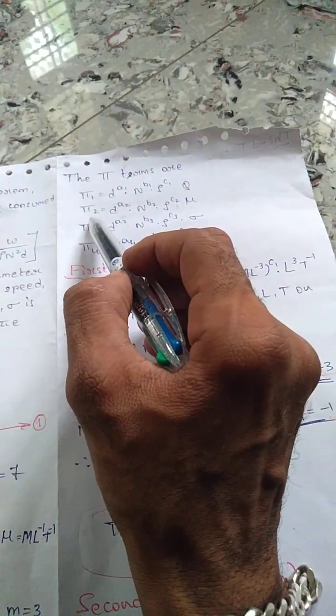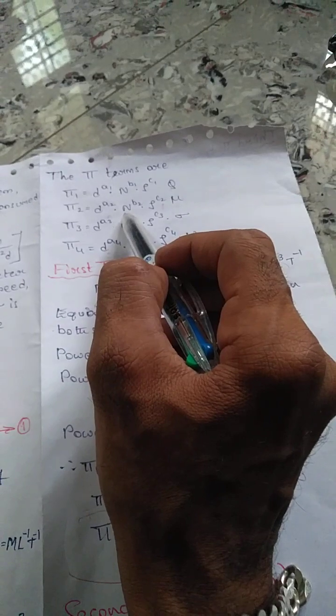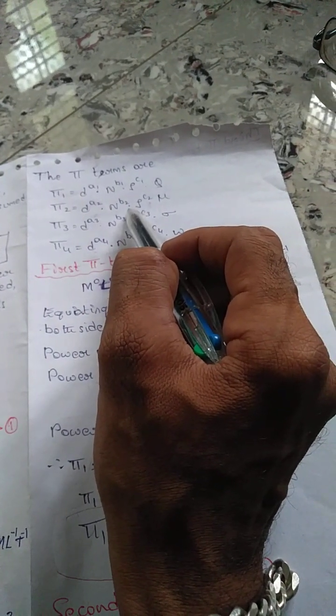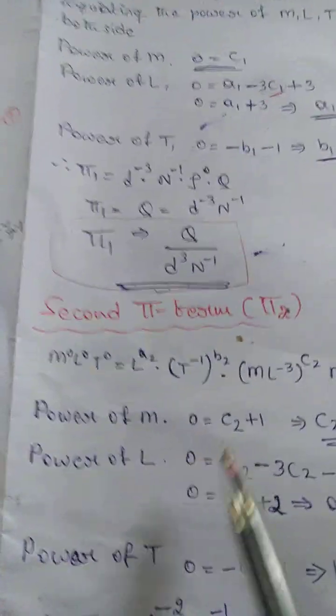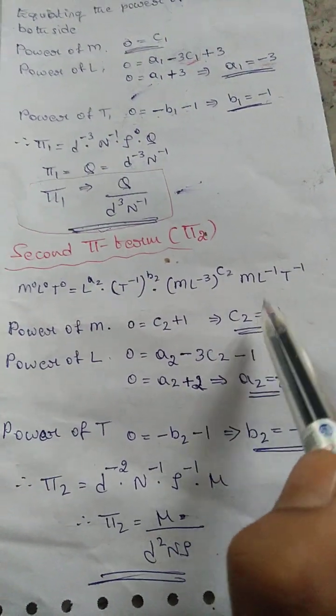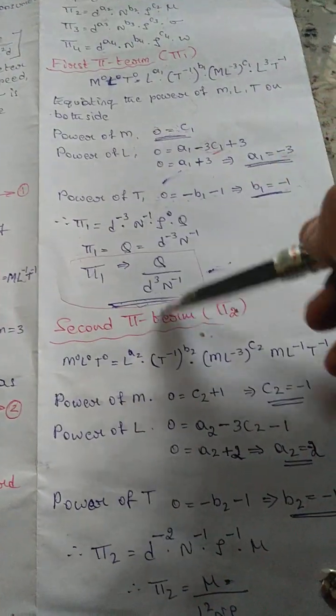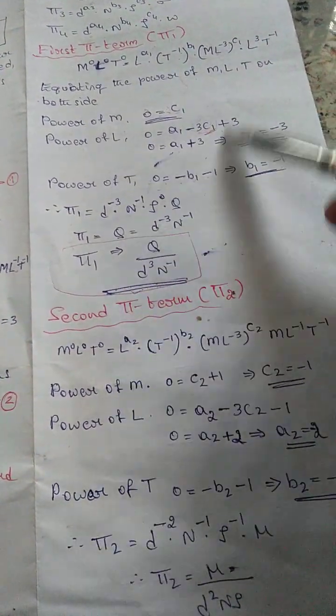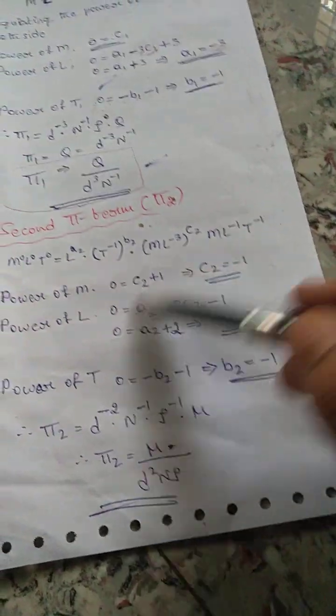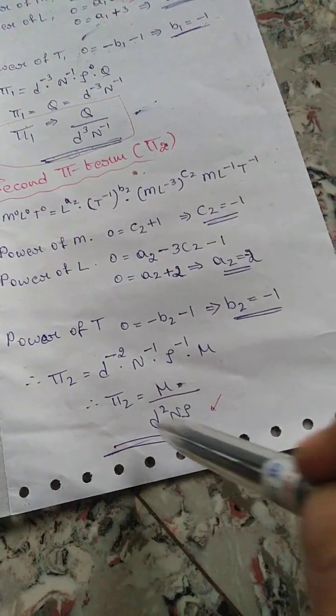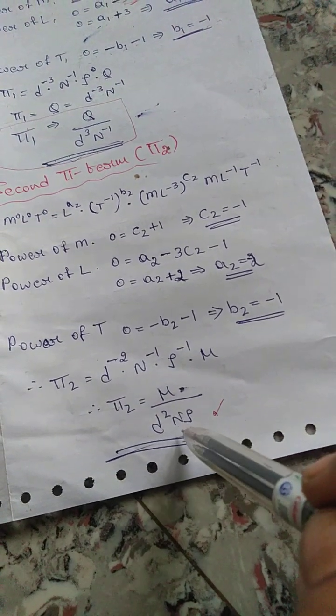Similarly for the second one, the same thing we have to carry out here. Pi 2 is d to the power a2 into n to the power b2 into rho to the power c2 into mu. That is what you have to write, and you have to substitute all these values accordingly, and solve the problem similarly to what you have done here. The first method for pi 1, what you have done, similarly you have to carry out this thing, and you will get this answer. Pi 2 equals mu divided by d square into n into rho. And for